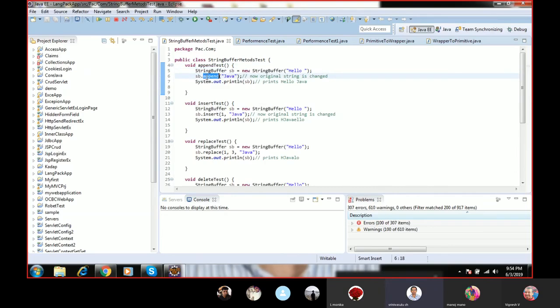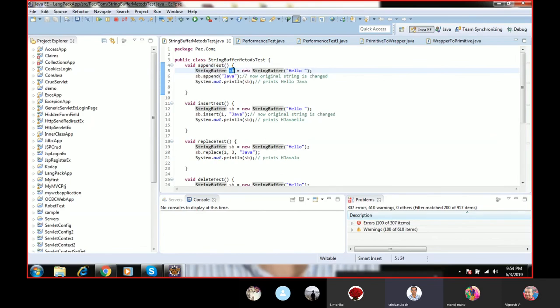The append method will append the string with another string. Initially, the object is Hello, when you create StringBuffer sb equal to new StringBuffer of Hello. Now when I use this append method,